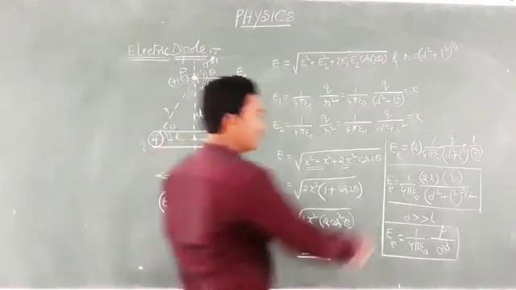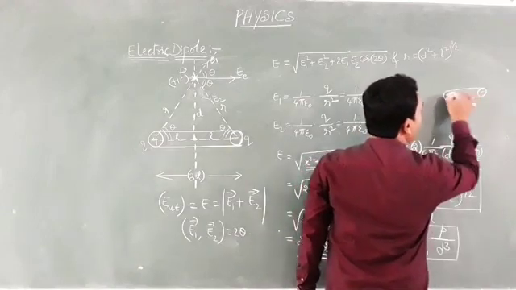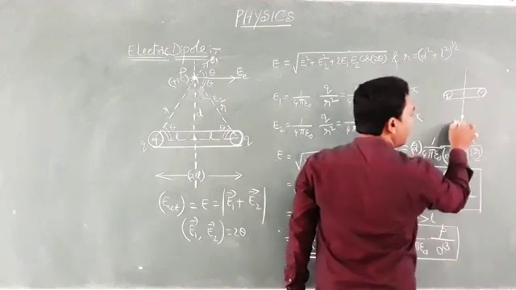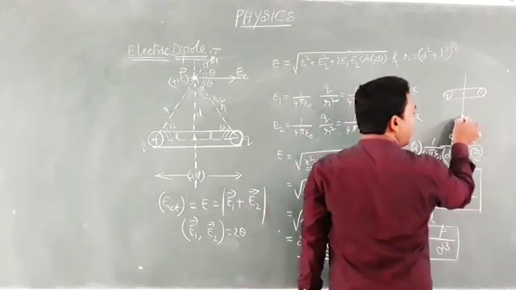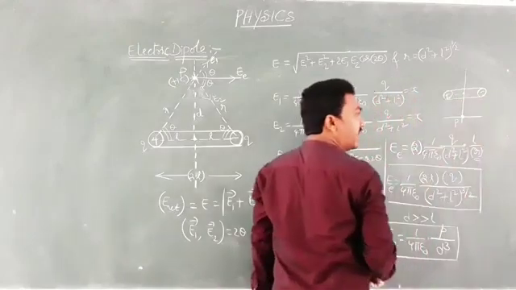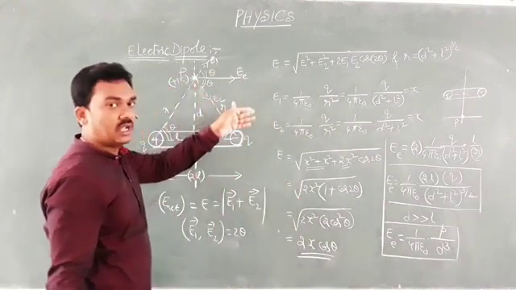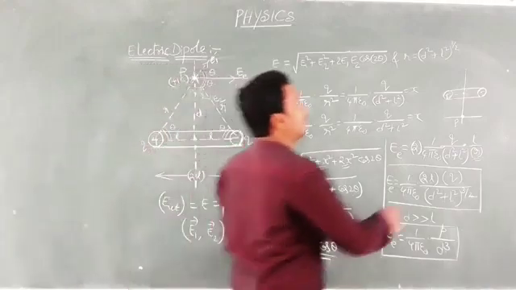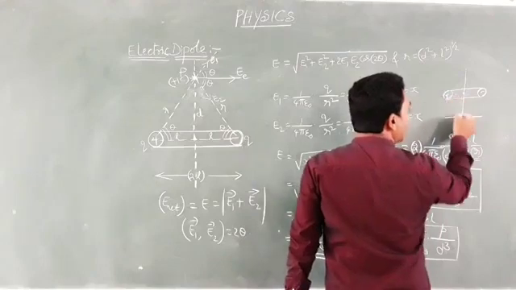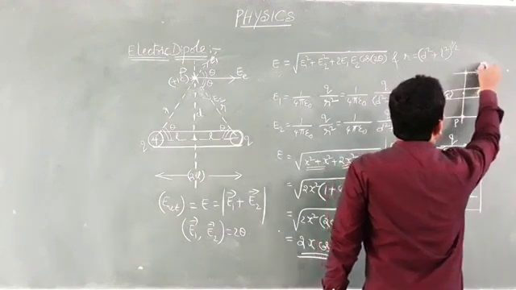This is a very important point. Suppose here is an electric dipole. This is the equatorial line, and at this point you have taken point P. Then what about the field intensity? At this point on the equatorial line it will be parallel to the axis of the dipole, but directed from positive to negative, which means anti-parallel to the dipole moment, like this. And the dipole moment vector is in this way. This is the direction of field intensity at this point.